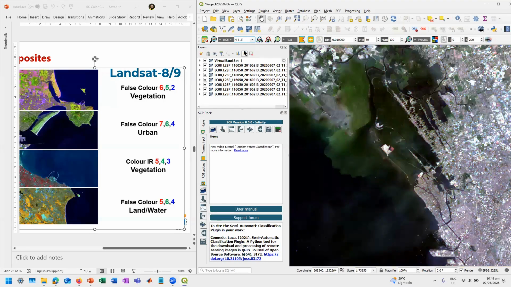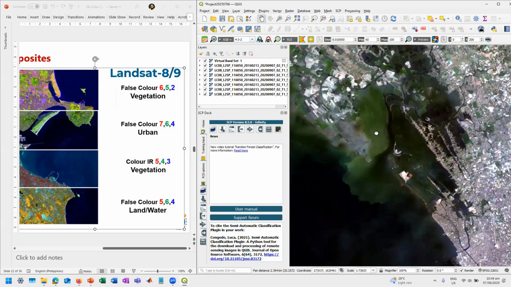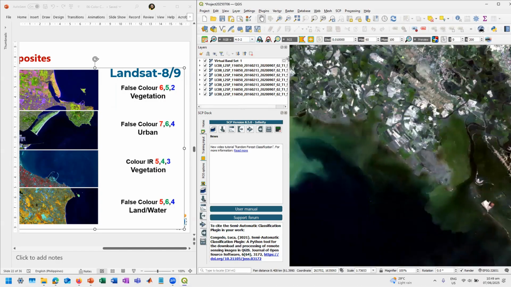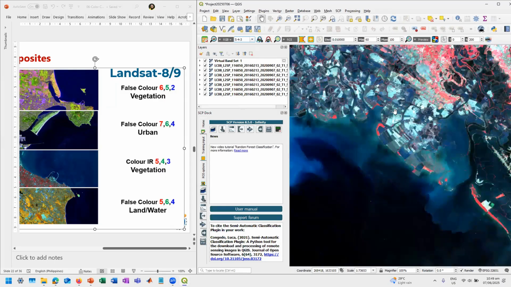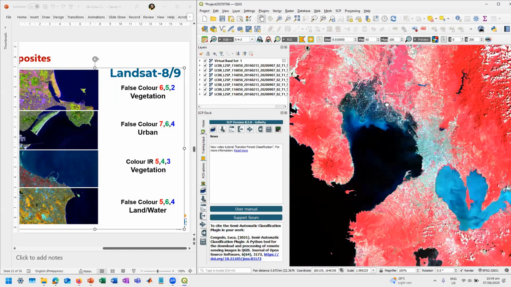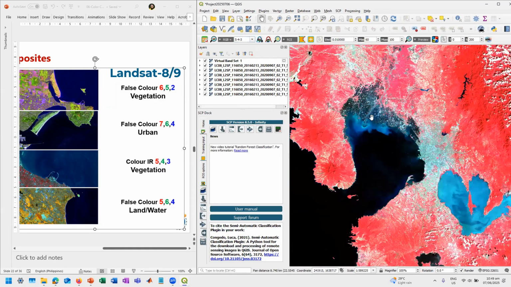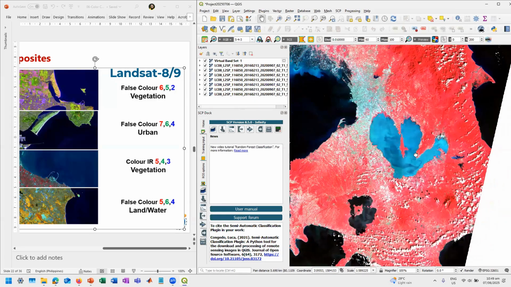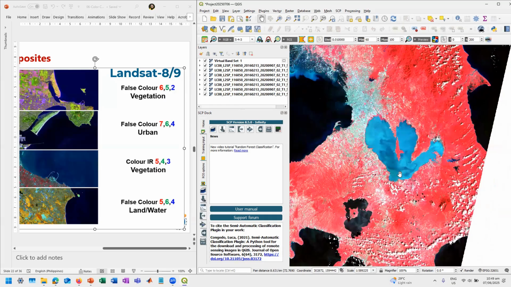Now, if we're going to look at 543, emphasized din na may water dito kasi walang vegetation. There's no vegetation over here, and there's vegetation over here. And then there's murky water here, so you can actually look at that.